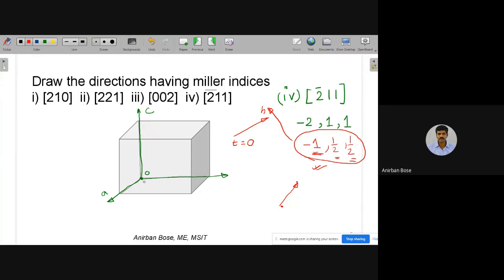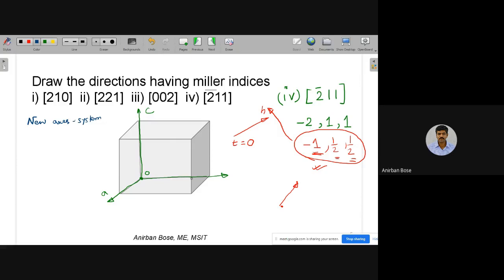So to make it within the cell, we shift the origin. We shift the origin in such a way that the point will be within the cell, and I can show it without any further extension of the cell. So that is why we are going to shift the origin to a new origin. With the blue color, I am showing the new origin, or rather the new axis system.